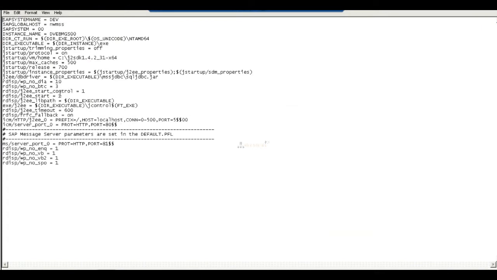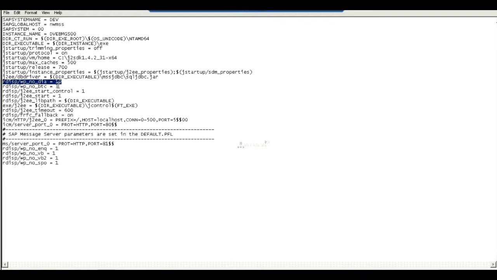So this is my instance profile. See here, in the instance profile, I have the work process numbers, first the dialog work process number. How many dialogs do I have? 10. I have seen 10 in MMC. So here WP_NO_DIA is nothing but the dialog process.